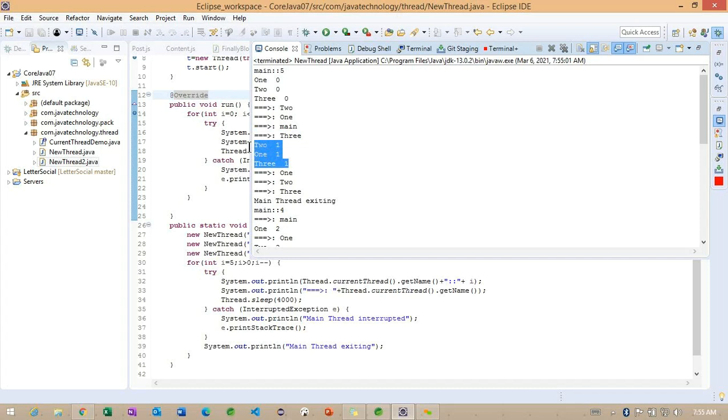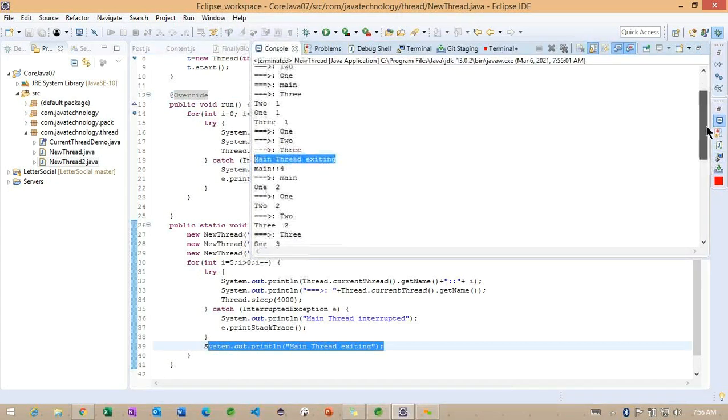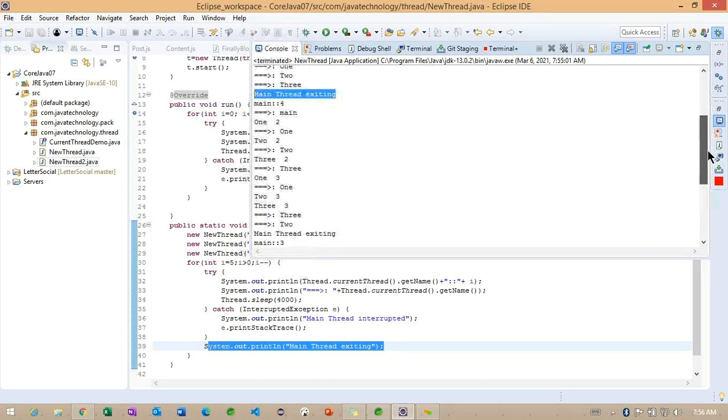So later you can observe 2, 1, 3 values and the name of the thread executed. The main thread is still existing here, so it is called here, and you can observe the main thread is returning. So you can see now there is no order of execution of each thread.